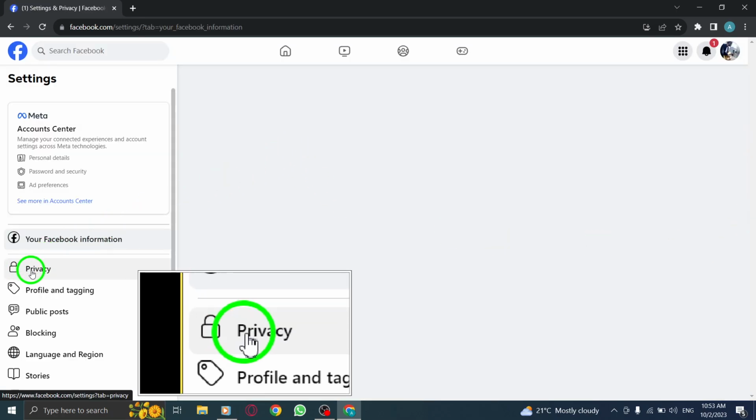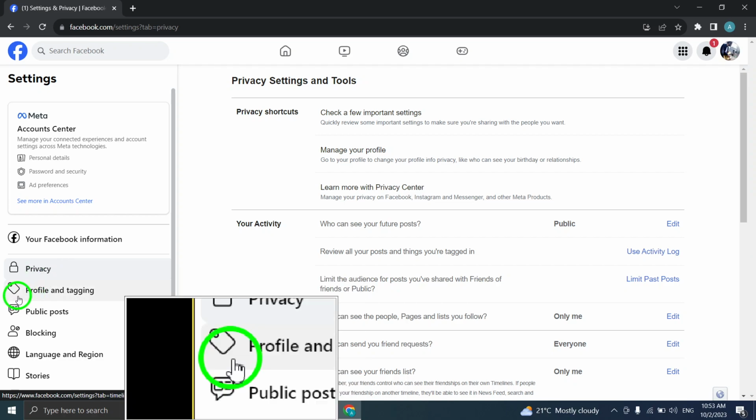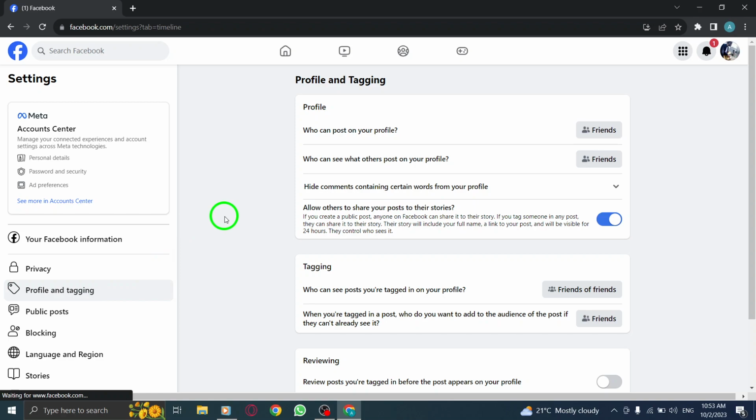Step 5. On the left-hand side, click on Privacy. Step 6. Look for Profile and Tagging and click on it. Step 7. Next to Who can see posts that you're tagged in on your profile, click on the drop-down menu